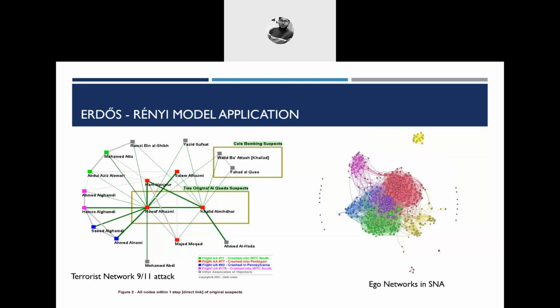Then we have the applications of ego networks, formation of social networks between social connections. So that's a very important aspect, also a very important application of the Erdős Rényi model. Okay, so